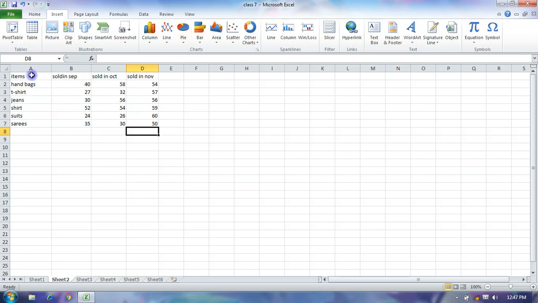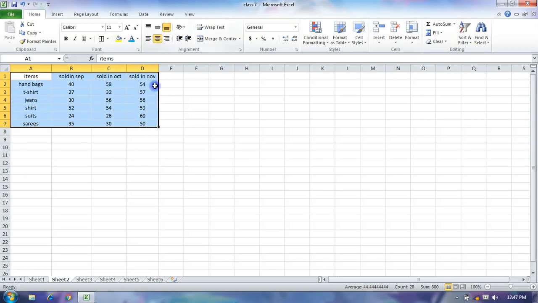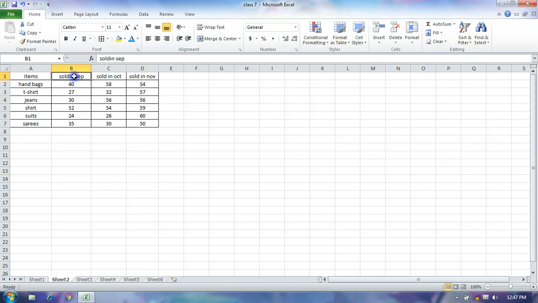First we select these cell ranges and centralize them. Okay, and apply a border so it looks good.